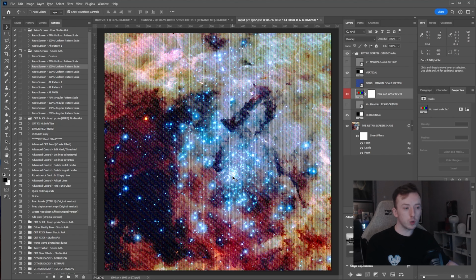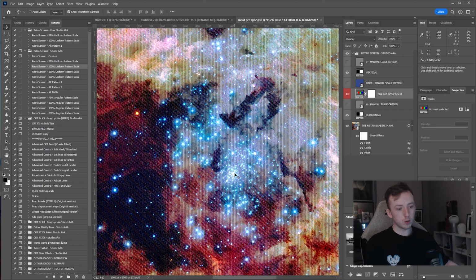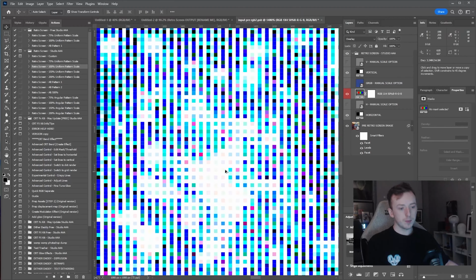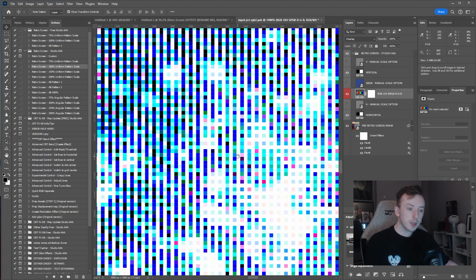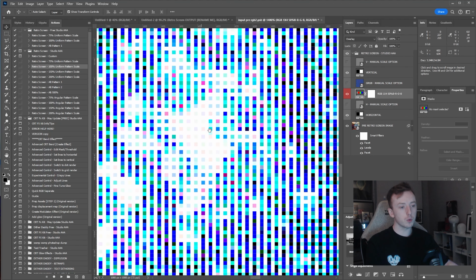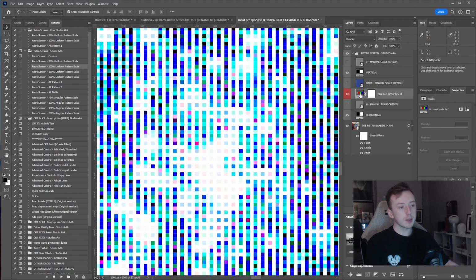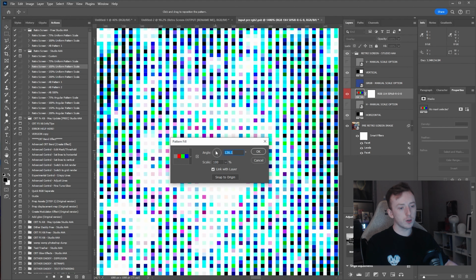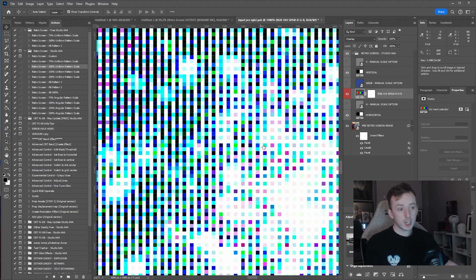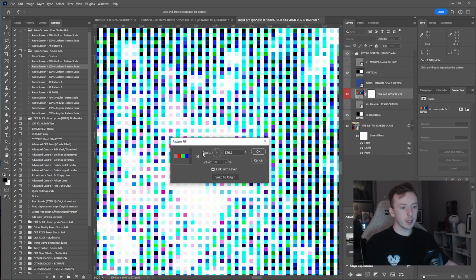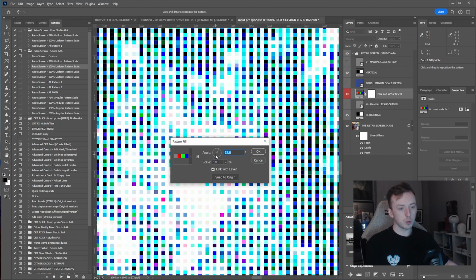It should just be blues and maybe some greens, maybe a little bit of pink and purple. If I zoom in on this star cluster, you'll see there are a couple of little pink and purple pixels, but it's mostly blue, green, and black. Whereas if I open up that pattern now and change the angle, you'll see that the output's changed as well. Obviously I just picked a random angle there,